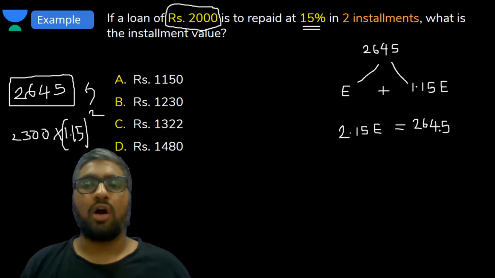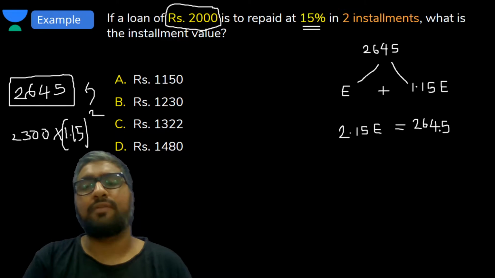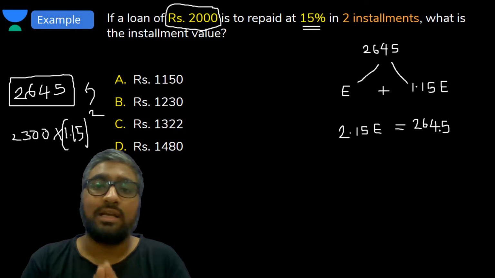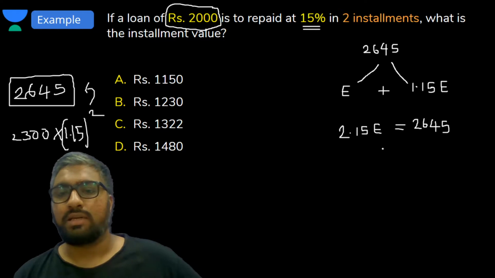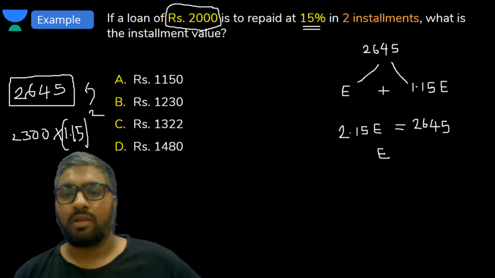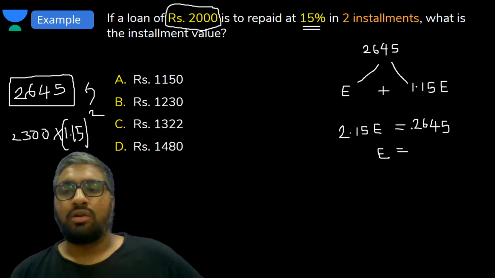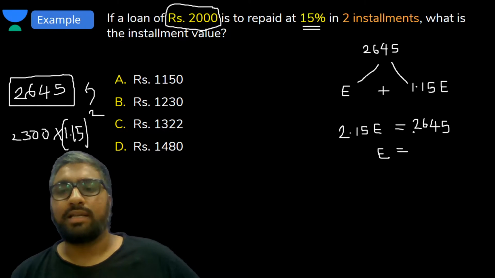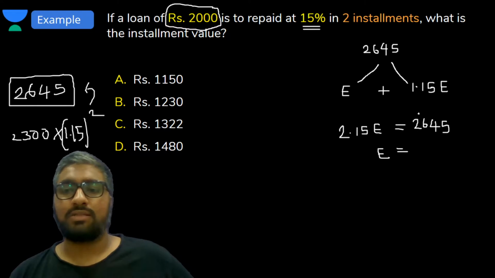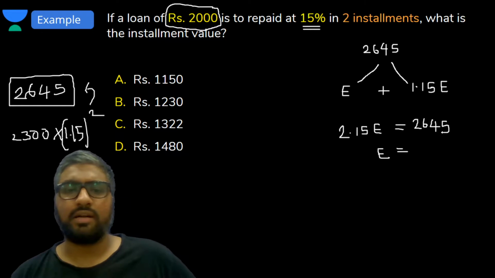Or what would they do? They would have a standard amount in the beginning of the month. After every month or after every installment, they would include the interest of that installment. Clear? So totally this much, which would be how much then? How much is the first installment, or the installment value? 2645 by 2.15. Which is what? A little less than half. Half would be how much? 1322.5. A little less than that would be,